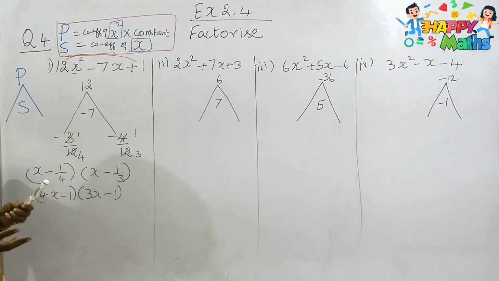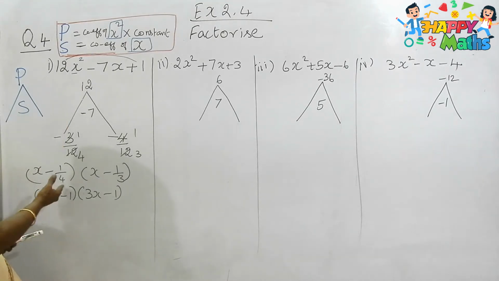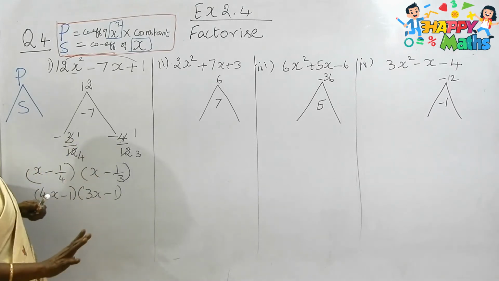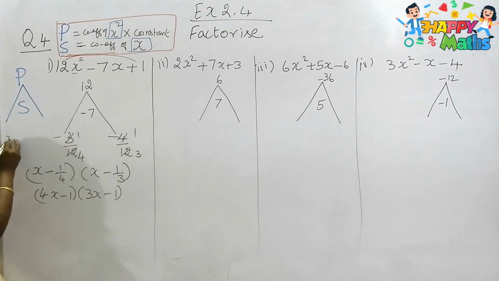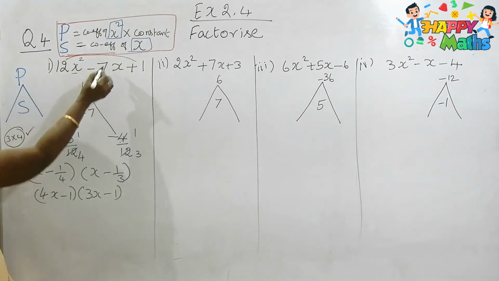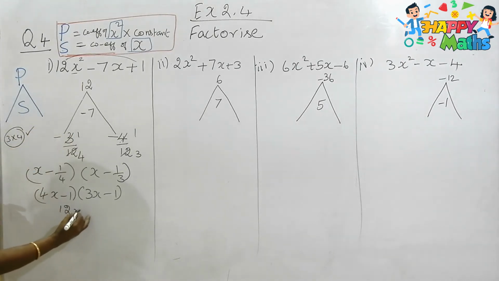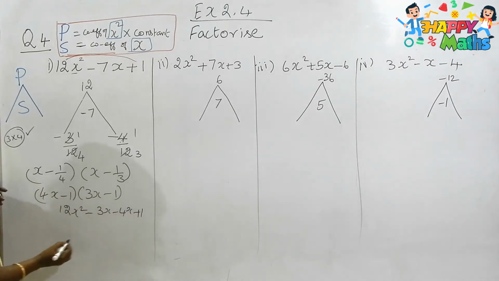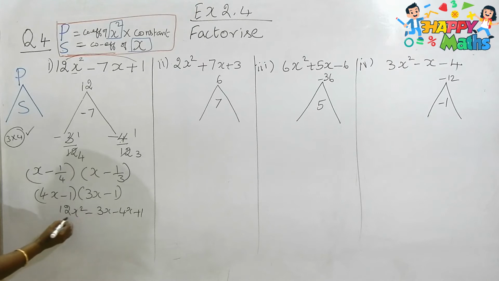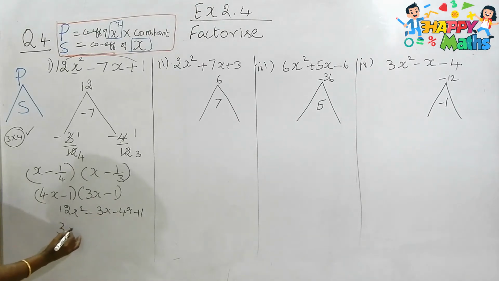Suppose in your class they insist you to do only this method, then you can arrive from this method. What is it? You know the numbers 3 and 4 are correct now, yes or no? So we have got that numbers 3 and 4 are correct because I wrote here 3 4s, the best combination. So with the help of these 3 and 4, you can easily separate now: 12x square minus 3x minus 4x plus 1. Then from here, what is common for both? 3 is common. Here x square, it is x, so 1x we can take out.